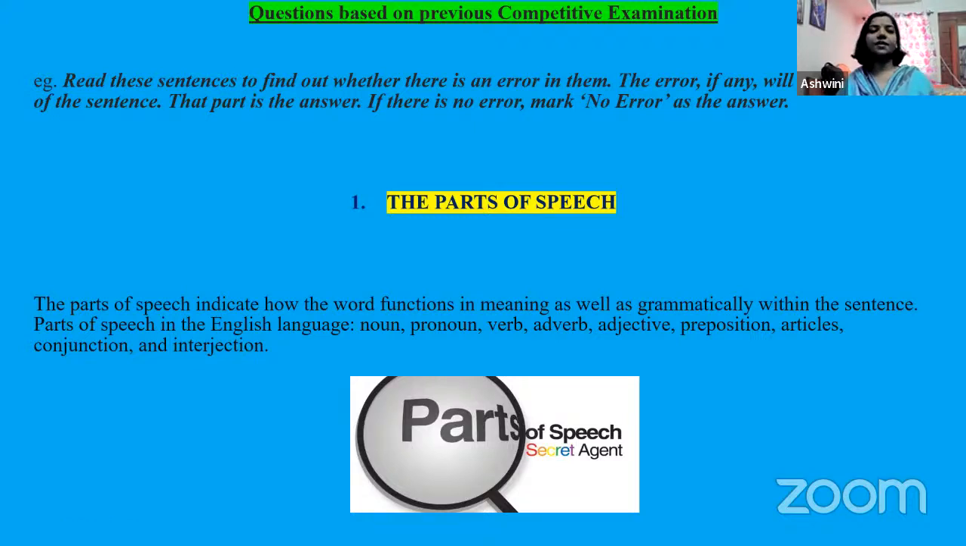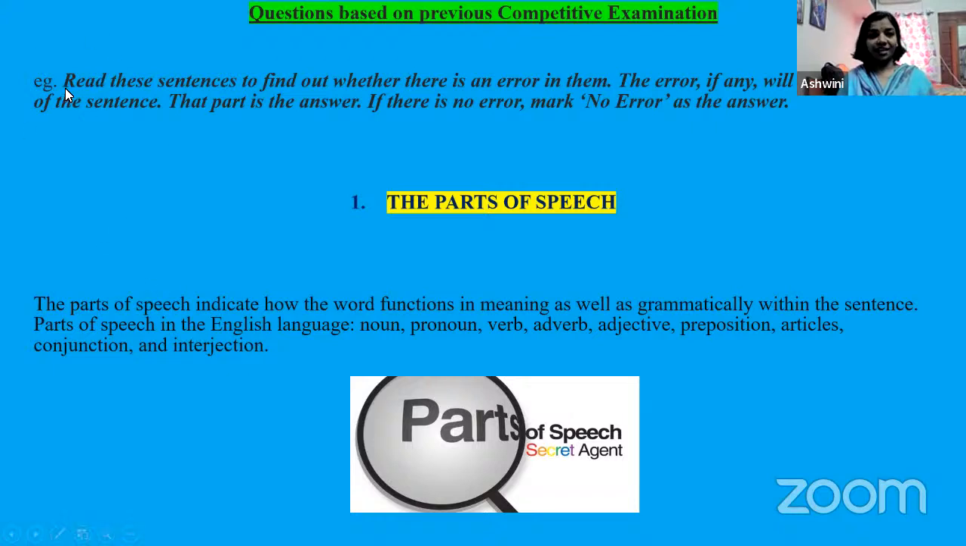Okay, now what are the questions based on previous competitive examinations? Here I want to tell you that I'm giving you all the examples of this topic from previous competitive examinations. I'm not giving you simple examples of this particular section of grammar. I am just dealing with all the questions that came in your previous competitive examinations. And now here